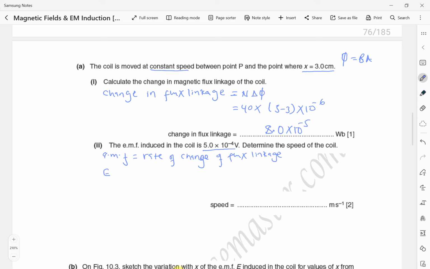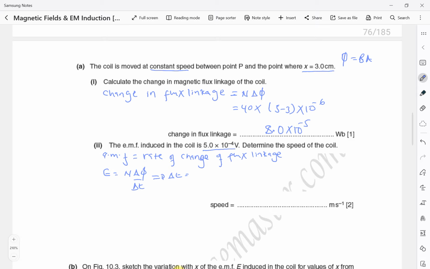So the induced EMF E is going to be the number of turns times the change in magnetic flux, divided by time. And they want us to find the speed. So if I wanted to find the time, this statement implies that the time of change of flux